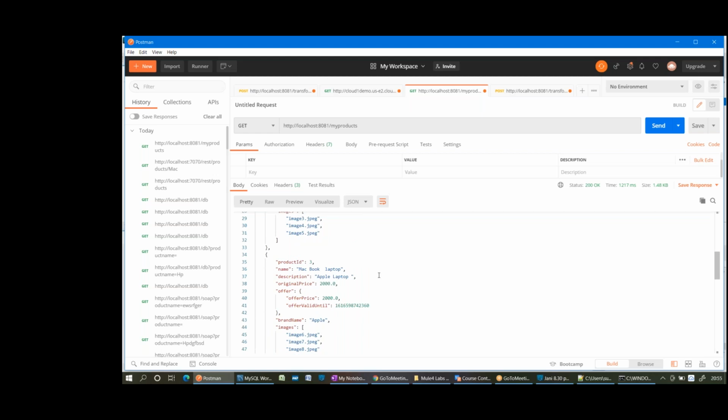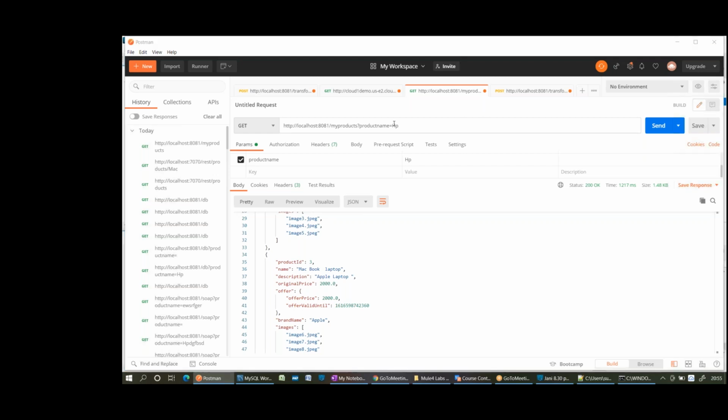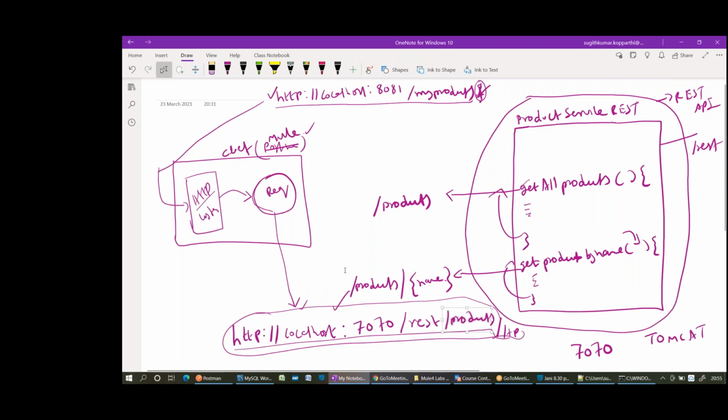Now I want to filter the products based on the name. So assume my client is giving a request in this way: product name equal to HP. Through what type of attribute? Query params. But my third-party application is expecting what type of parameter? URI. Okay, so I want you to create one more flow, very simple.